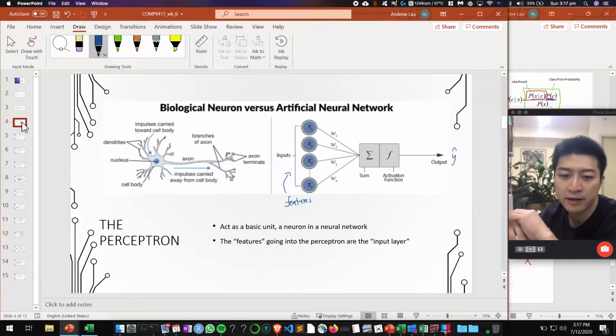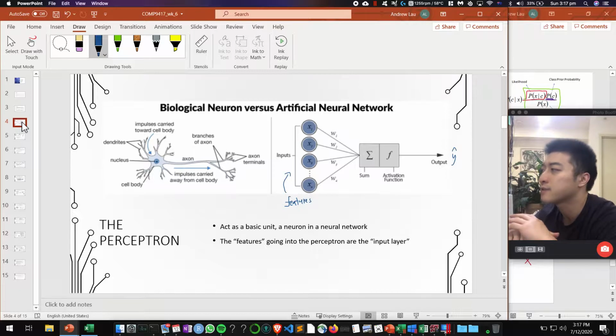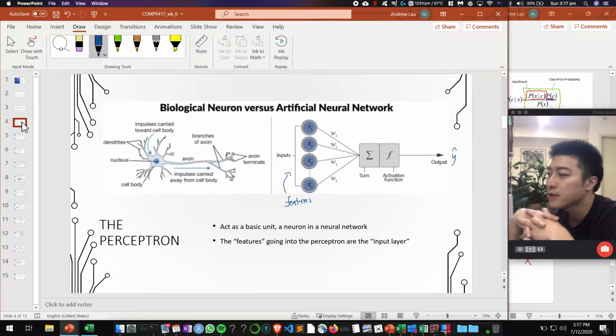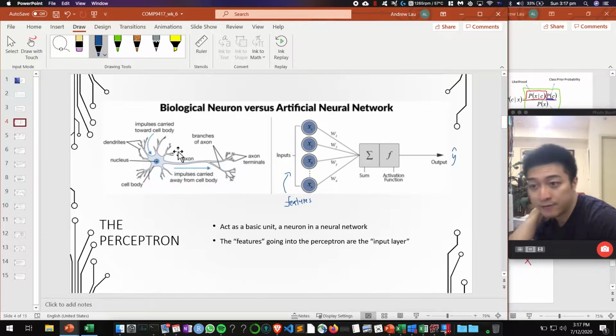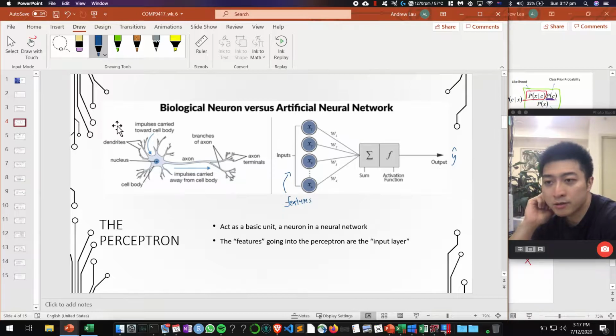So let's talk about the basic building block of your neural network, and this would be the perceptron. On the left here we have a diagram of a, I'm not a biologist, nor am I a doctor, so I can't talk too much to this, but this is a diagram of the neuron. And this is the machine learning version of the neuron, inspired by it, and we can see analogies. You can see how the perceptron in machine learning land has taken inspiration from your